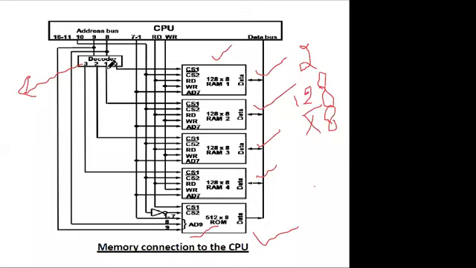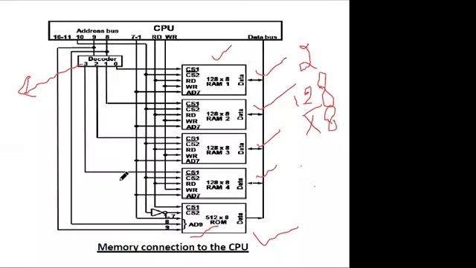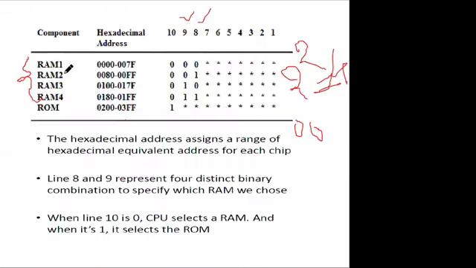There's a decoder in this place, which is connected to identify which RAM will be active when required by the processor for a particular address, and how it identifies which RAM has to be in operation. This is represented in this table. As we can see, we have 5 components of the circuitry in this part: 4 RAM cells and 1 ROM cell.